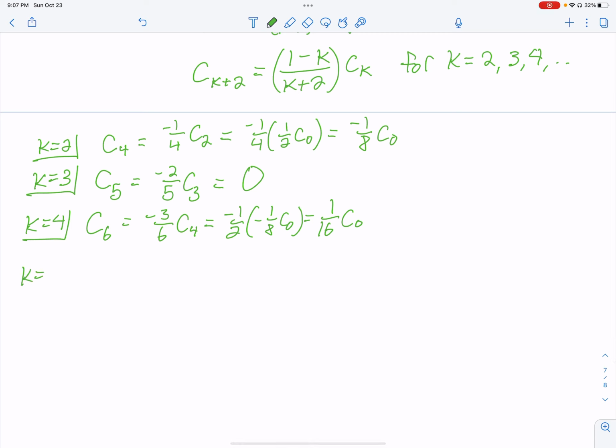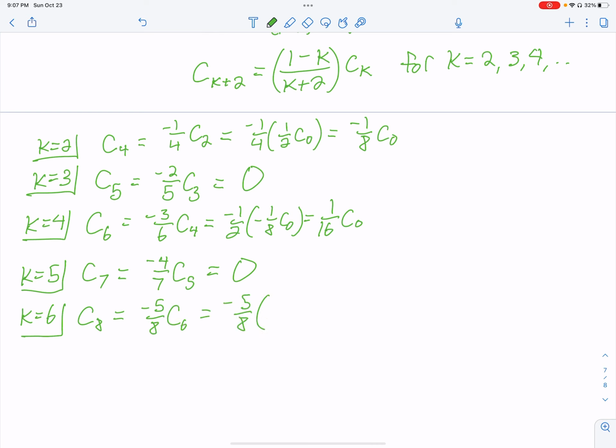Right, K equals 5. And I'm starting to suspect a problem. I got that 0. Let's see how it goes. C sub 7 is, if I plug that in, I got negative 4/7 C5. But C5, if I look right here, is 0. So this is 0. Okay, I keep going. K equals 6. That's C8 using my formula. That is negative 5/8 C6, which is negative 5/8. And then C6 is 1/16 C0. That's going to be negative